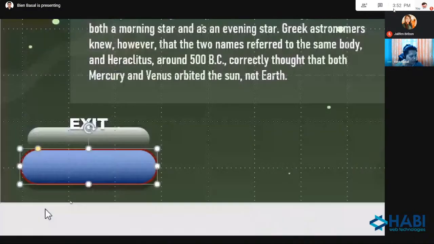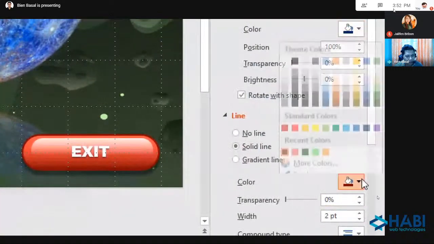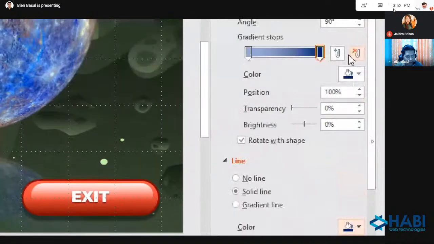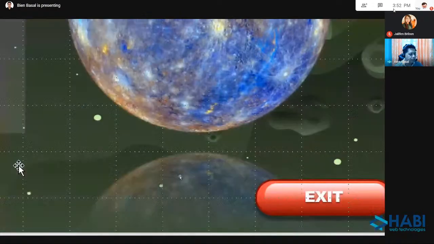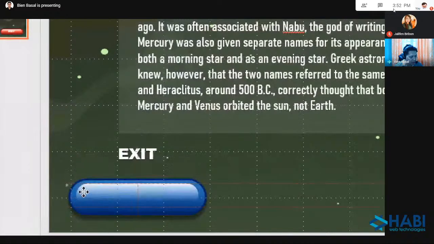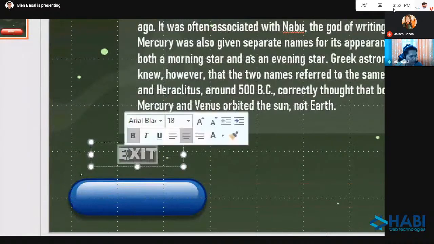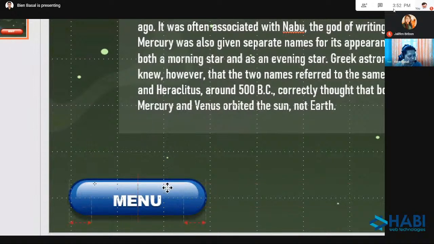Okay, I will check. Okay. And for the outline, I will use dark blue. This one is too light. Maybe this one. Okay. And I will return this gloss effect. And I will change this to menu. And move it down.